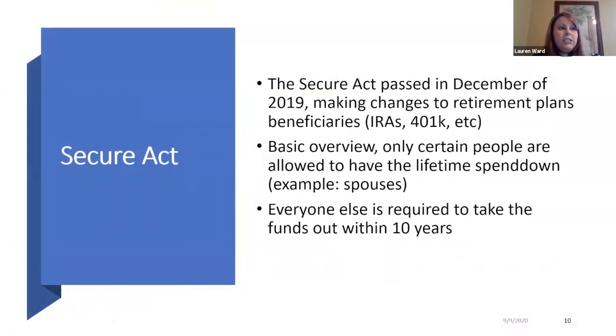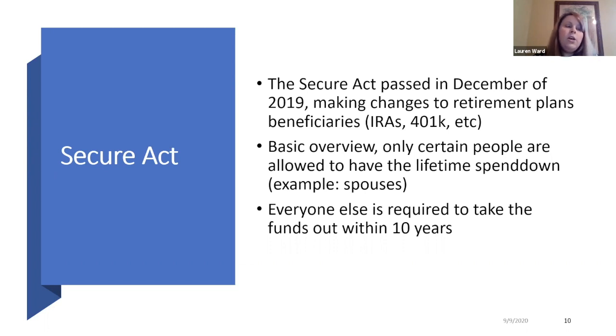So, changing gears just a tiny bit, we're going to talk about the Secure Act and how that's affecting special needs and supplemental needs trust planning. The Secure Act, most of us know, passed in December of 2019, making changes to retirement plan beneficiaries. These are things like IRAs, 401(k)s, anything that has a required minimum distribution. So the things you didn't pay taxes on, you're going to have to be taxed when you pull the